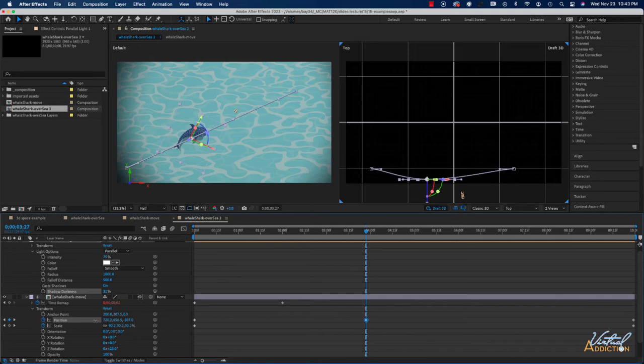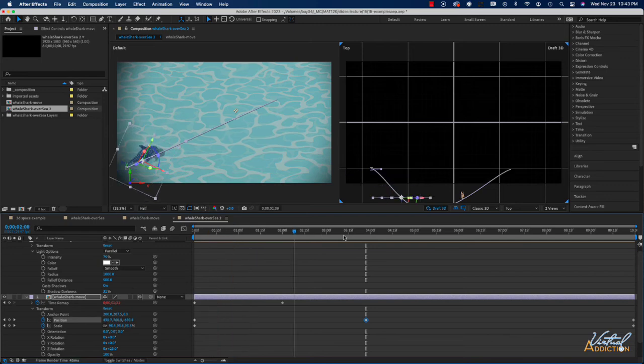So once again, I'm going to want to move the whale shark out in time. Now, because I had already set keyframes, you can see what's happening right here. We're actually affecting our animation. So the whale shark is going to swim out in Z space. I'm going to do